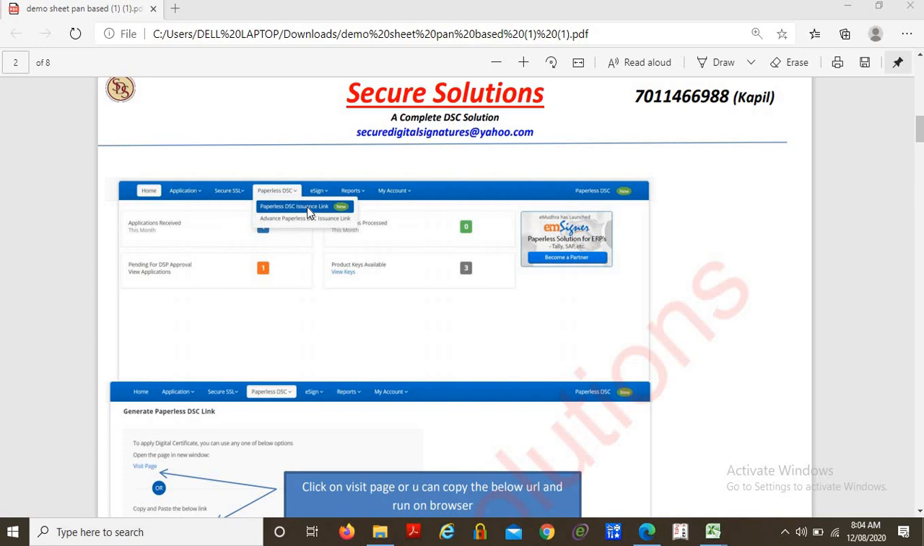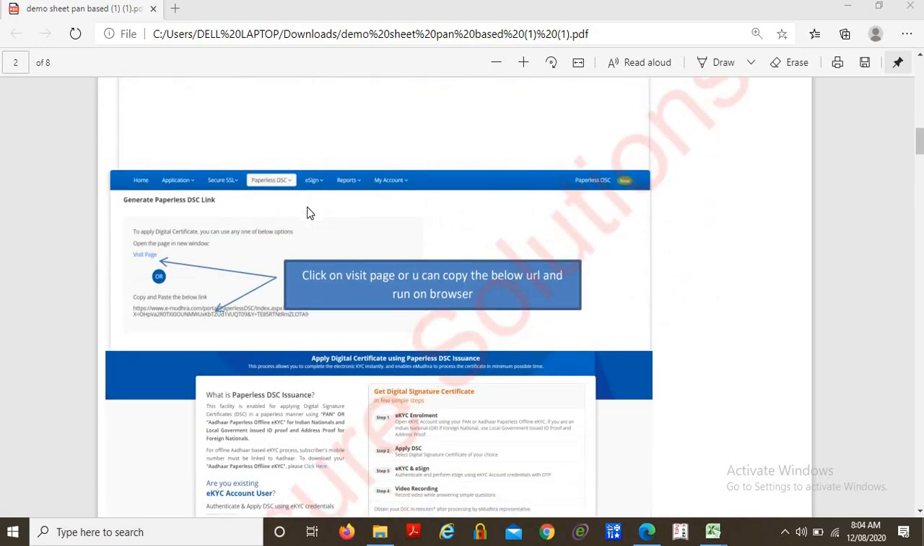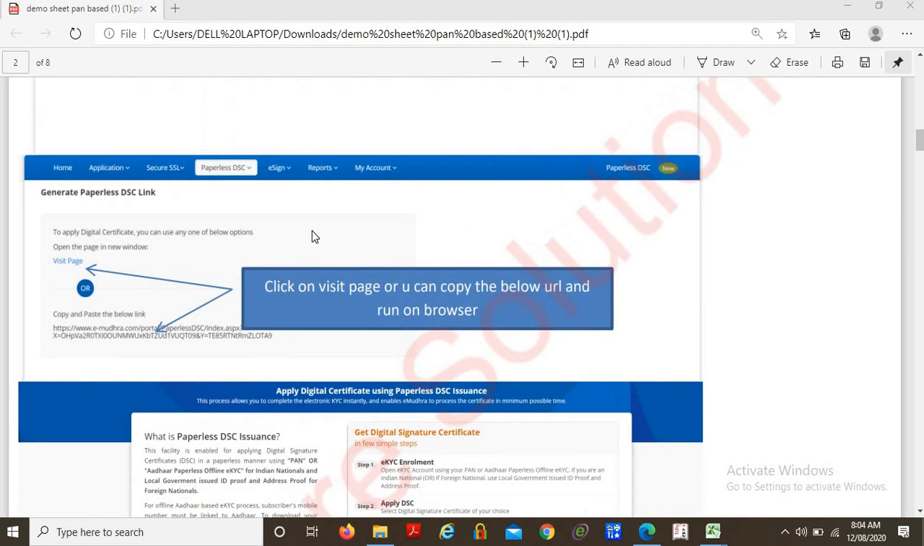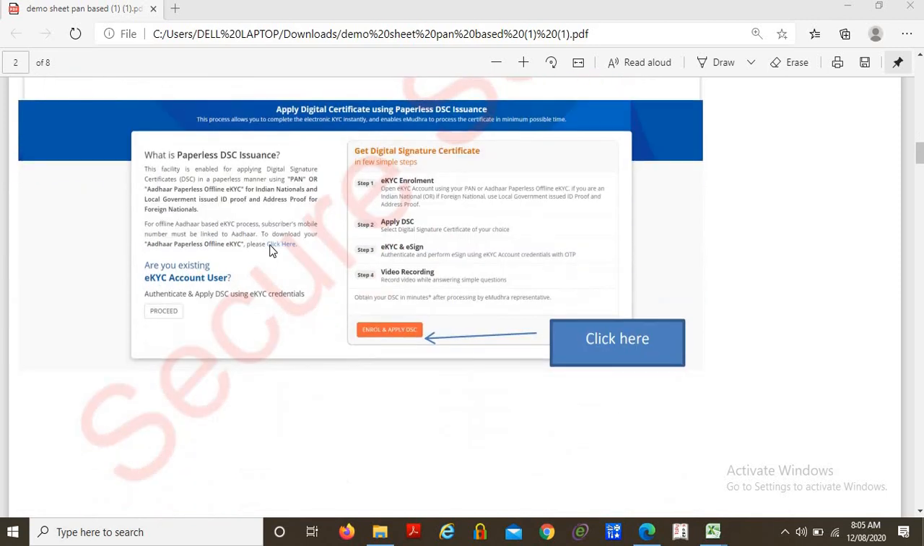If I click on the same, the next page will open like this. Here I will get 2 options. First is directly visit the page, or I can copy and paste this link and run it on the browser. So in both actions the same page will open like this. Next page,